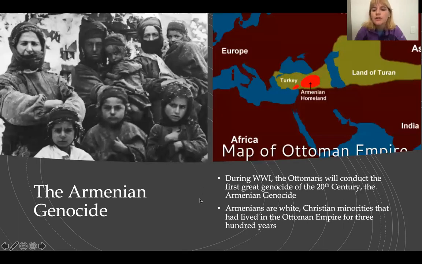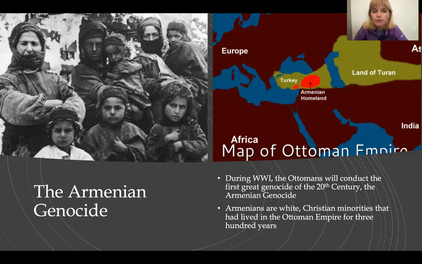Now, during World War I, once the Ottomans join up with the Germans, the rest of the world is distracted. So this formerly inclusive, this formerly tolerant empire is now going to target groups of people. They're worried about nationalism. They're worried about groups that aren't Muslims, a different ethnic group that potentially wants to break away from the Ottoman Empire. The Ottoman Empire's lost so much land as it is.